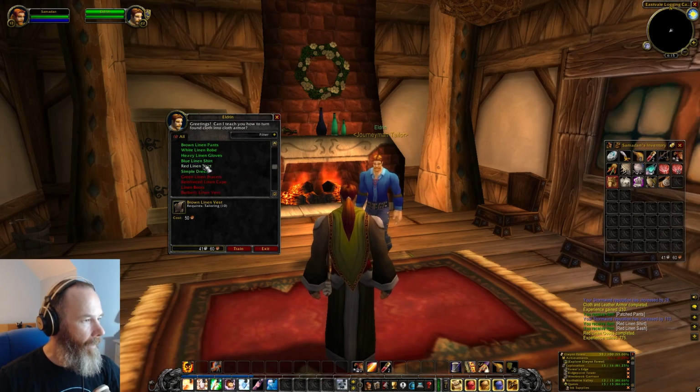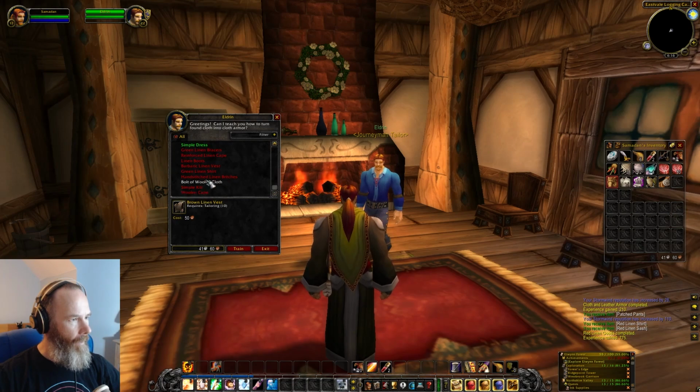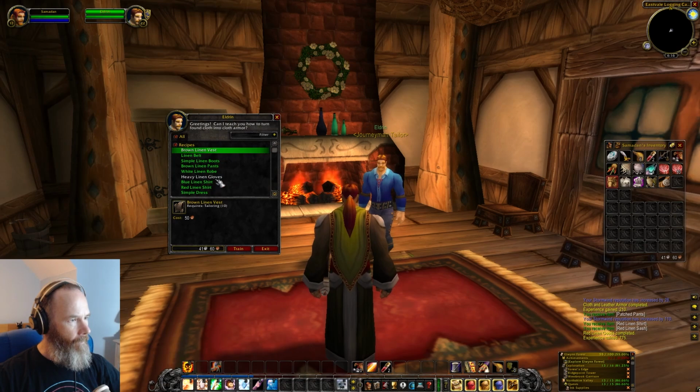Red linen shirt, so we can actually make that. That's good. Heavy linen gloves, white linen robe, brown linen pants. There could be options here. I mean, obviously, eventually I'd like to learn all of these. Bolted woolen cloth is here, woolen cape. Brown linen pants could be...